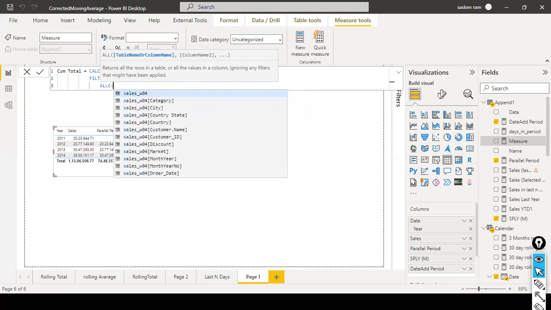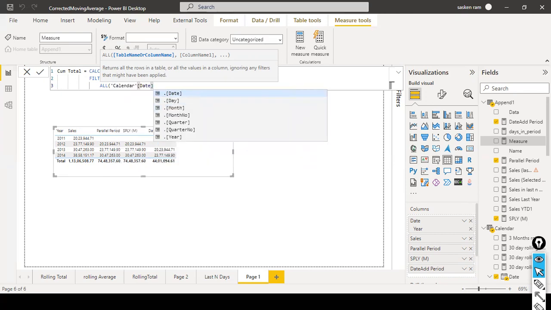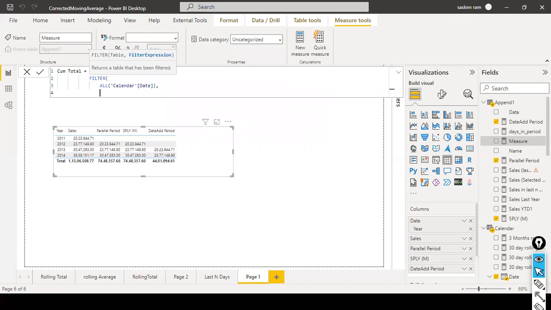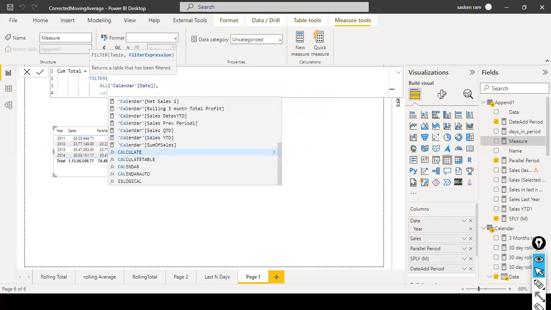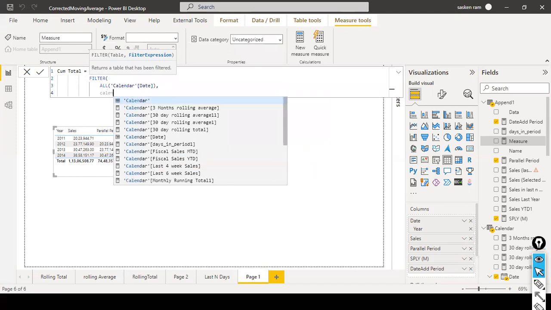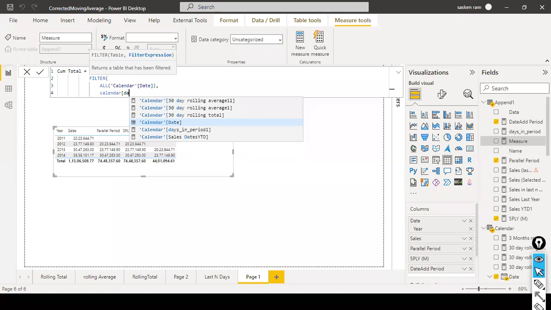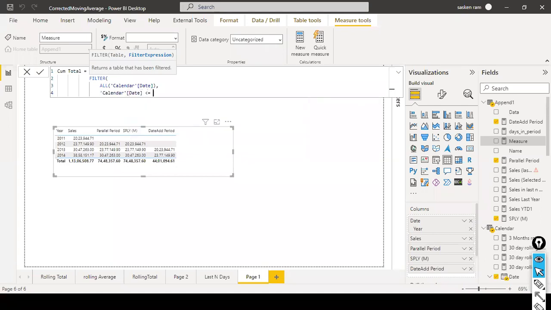Sorry, here you need to remove the filter on the calendar table, calendar date. Okay, ALL function, comma. And only then you should be able to get the earliest date, calendar date, and here date, and less than or equal to max of